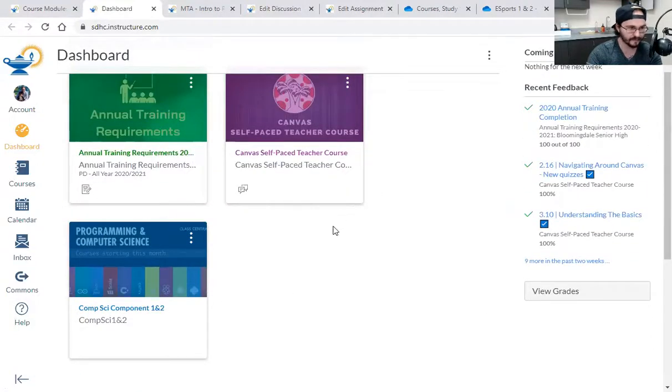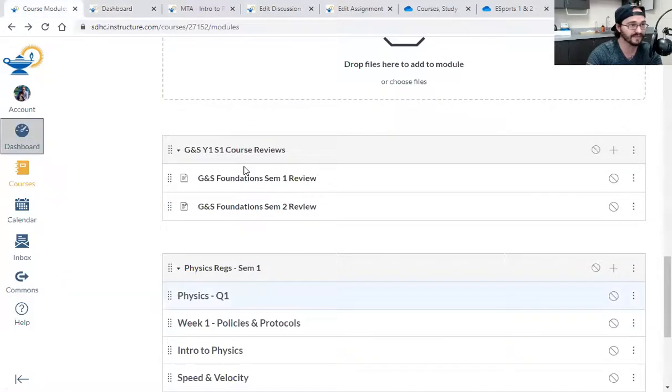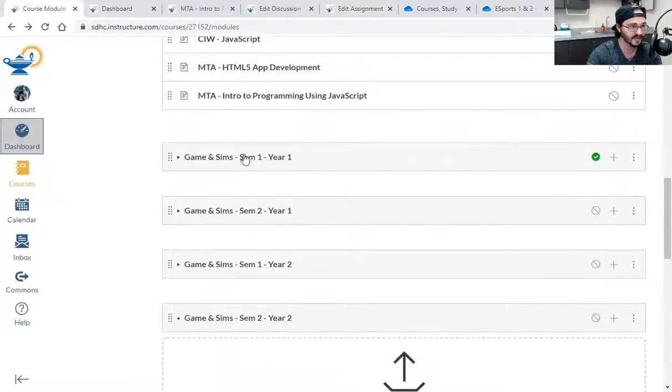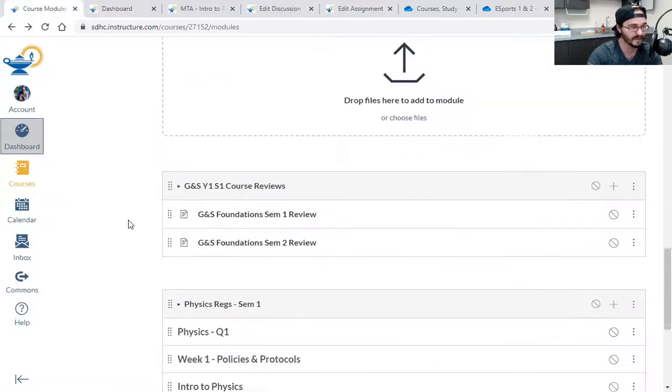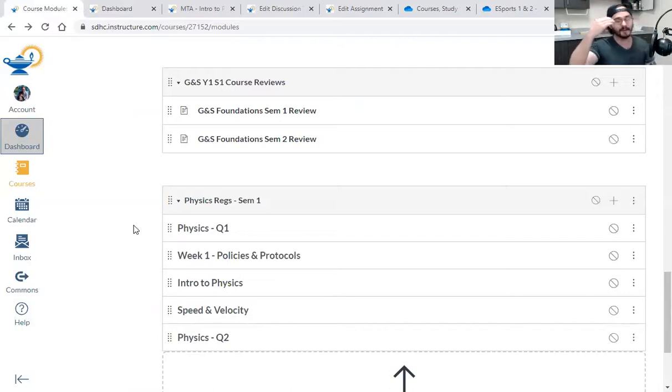But the moment they say, Gabs, your esports 1 and 2 are located in here, I'm going to click on it and import everything from my esports class, everything from my year 1. If I taught physics, the moment physics popped up, I'd import physics regular Sem 1. So everything you do can be imported later on. So I'm organizing it right now, okay?